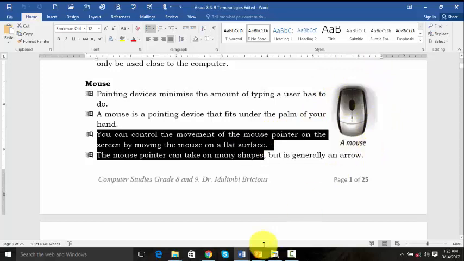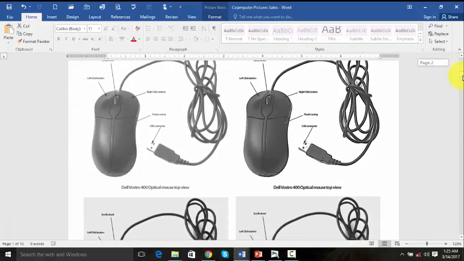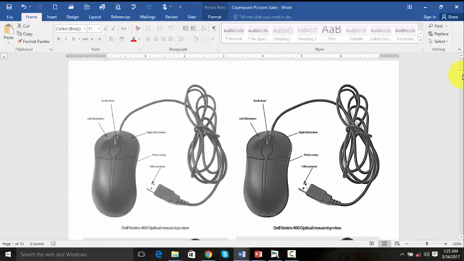This mouse, now if we are to go further, we need to look at some of the basic parts of the mouse. The basic parts are the cable, which connects to the computer with the USB interface here. We have the three parts of the mouse here: the right click, the left click, and the scroll wheel.